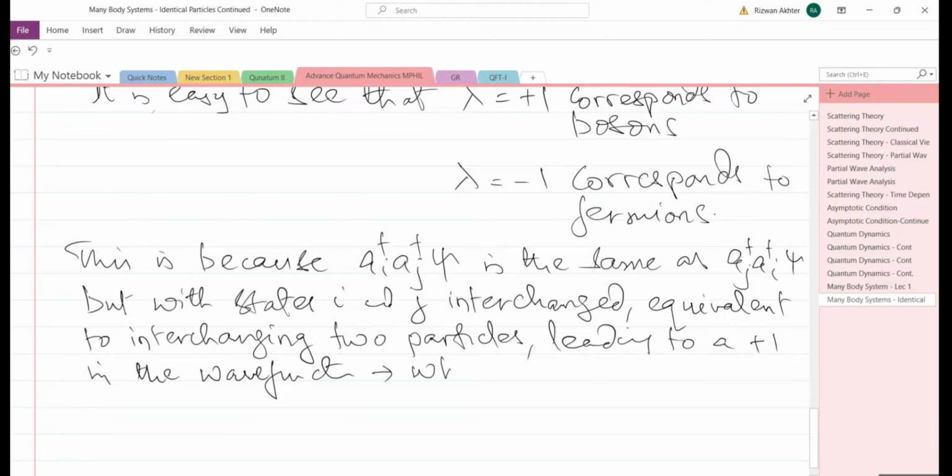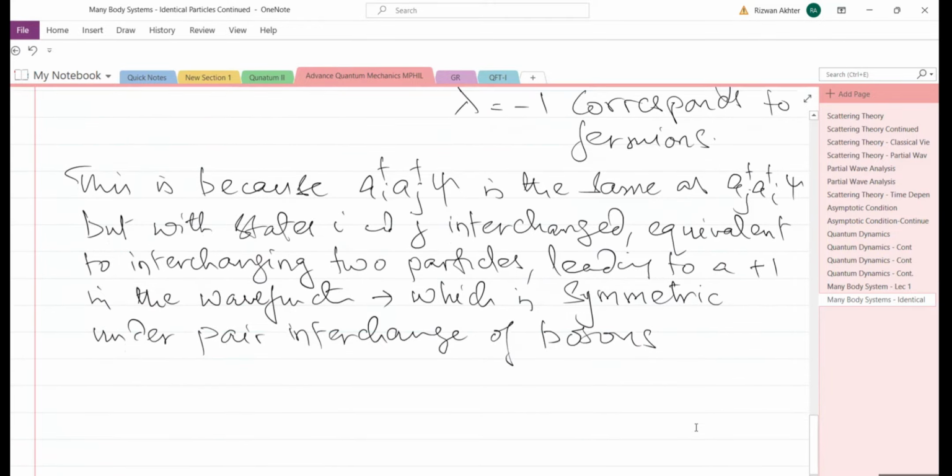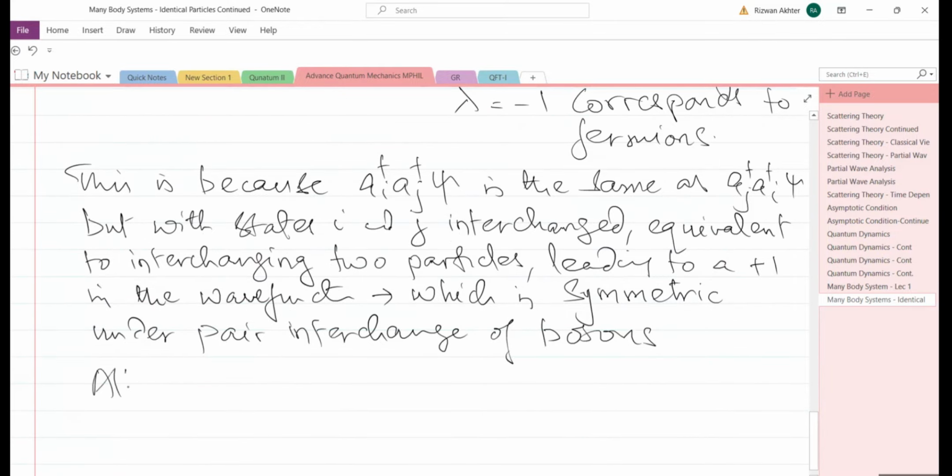which is symmetric under pair interchanges of bosons, yeah, or alternately, we could say for